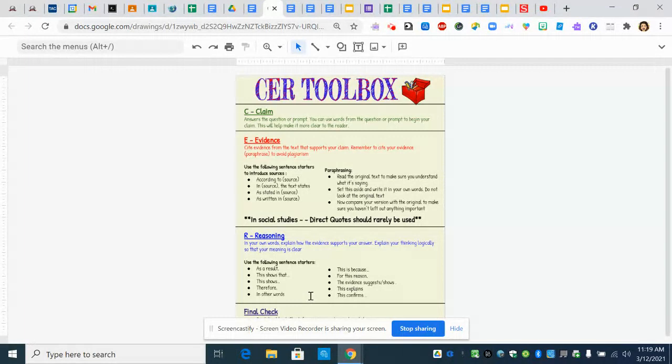That's very boring to the reader. You want to keep your reader engaged. So you can use sentence starters like, as a result, this shows that, therefore, in other words, and then again